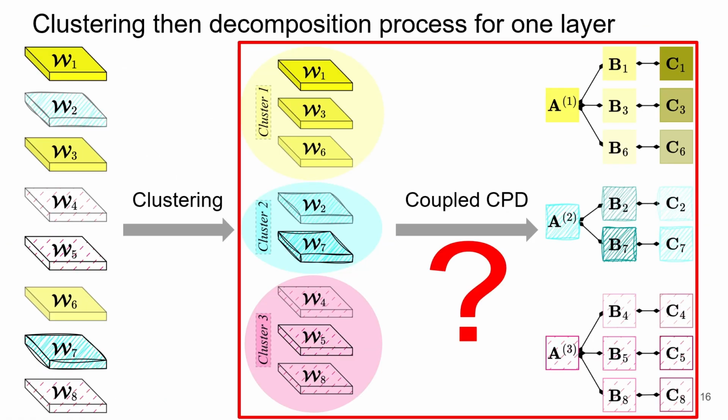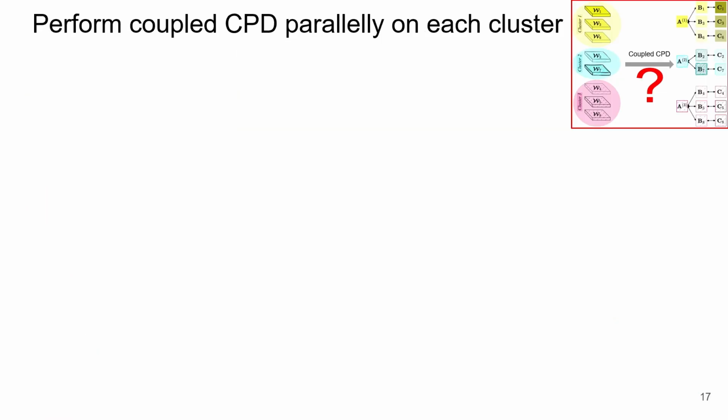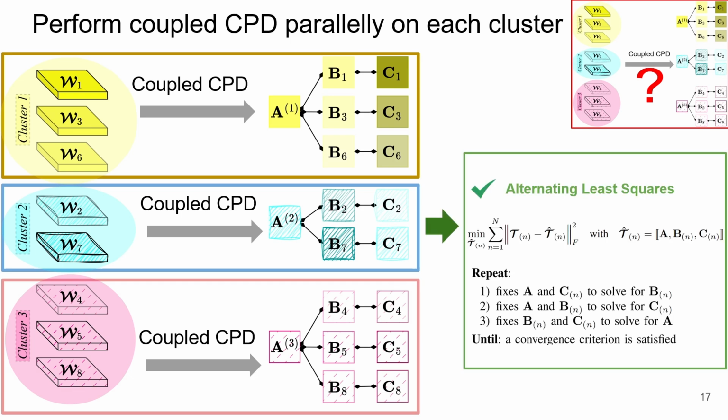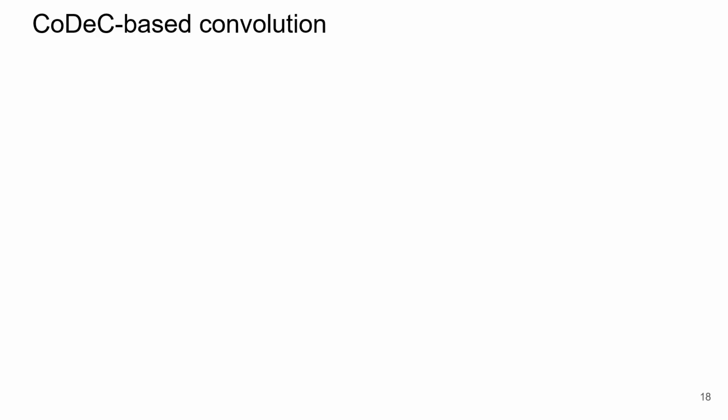Now, let's look at the second part of our framework, the coupled CPD. Basically, we run the coupled decomposition on each cluster at the same time, using the alternating least squares method covered in the previous slide. After having the factor matrices, let me explain how we can use them to replace the